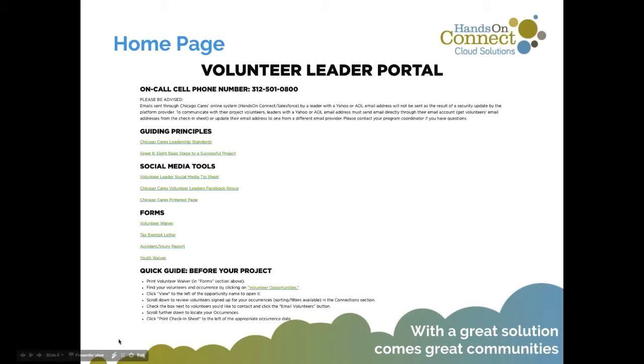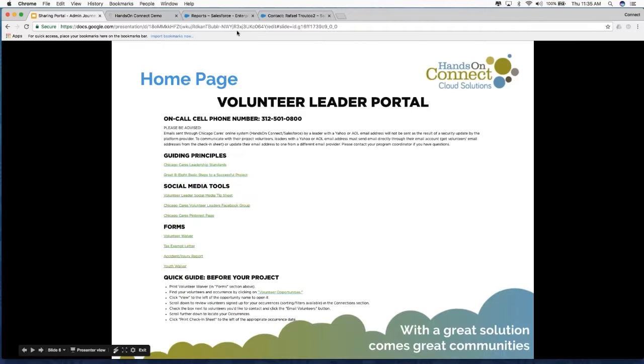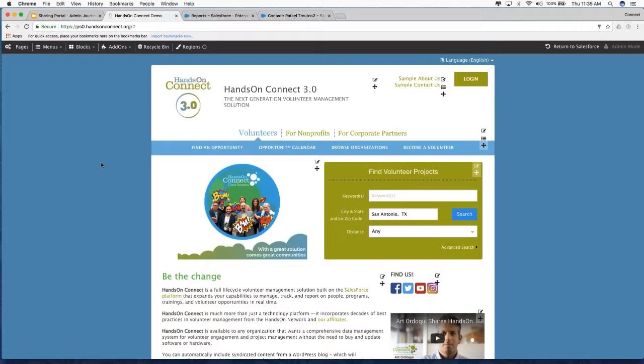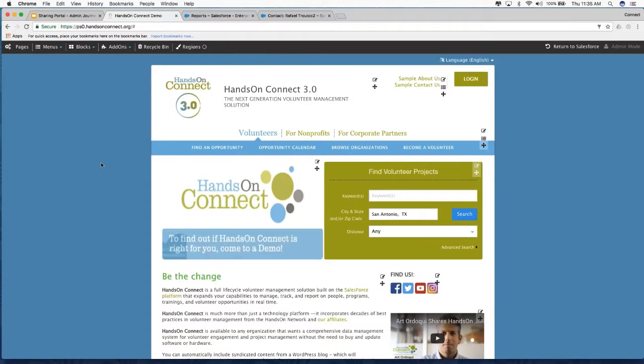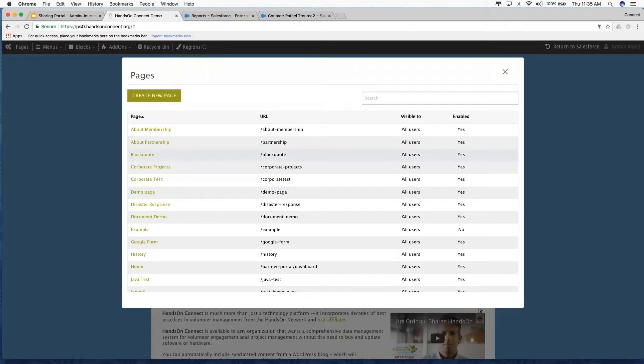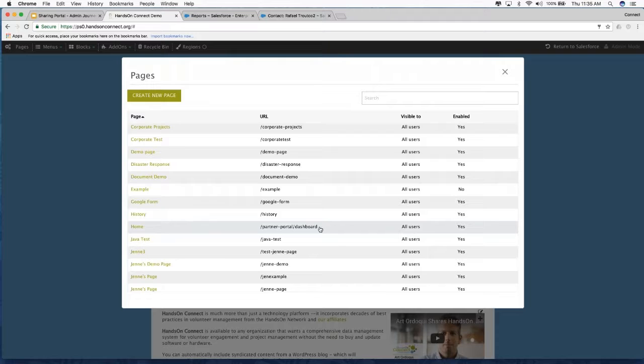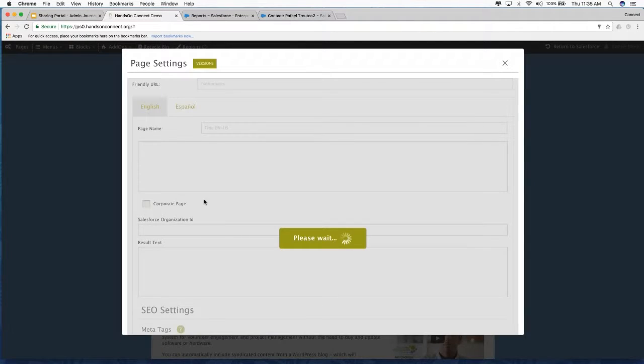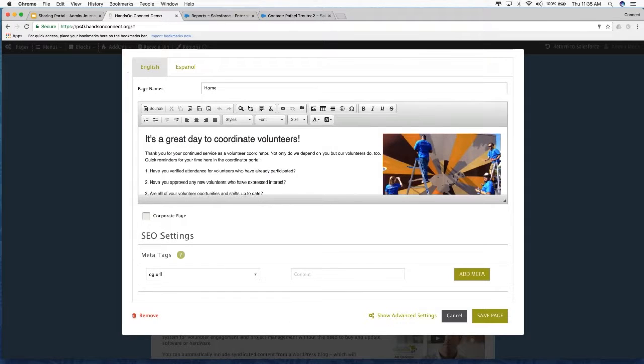So we'll jump over to the live presentation now and actually show you the sharing portal and how to access it. From this content management system, which you access through Salesforce, you are able to then go to the Pages item, and you will scroll down and you will see a page called Partner Portal Dashboard. When you click on that, you're able to change the name, if you don't want it to say home, you want it to say something else. And as you can see here,